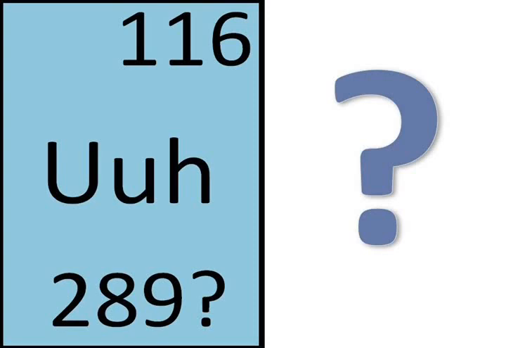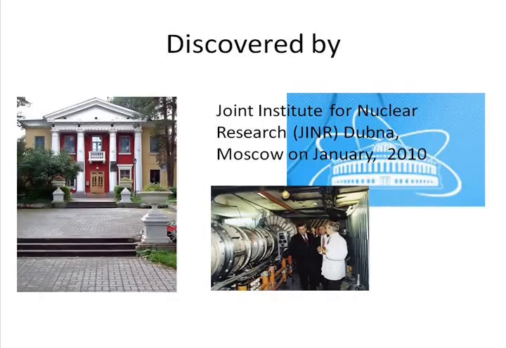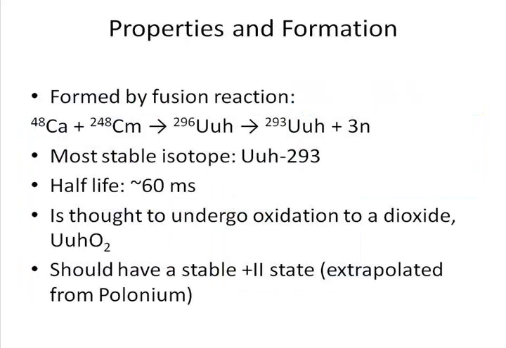Ununhexium was discovered on July 19, 2000, formed by the fusion of calcium-48 and curium-248, yielding UUH-296, which decays quickly into UUH-293, its most stable isotope. Its half-life is around 60 milliseconds, and it is expected to undergo oxidation to a dioxide and should have a stable